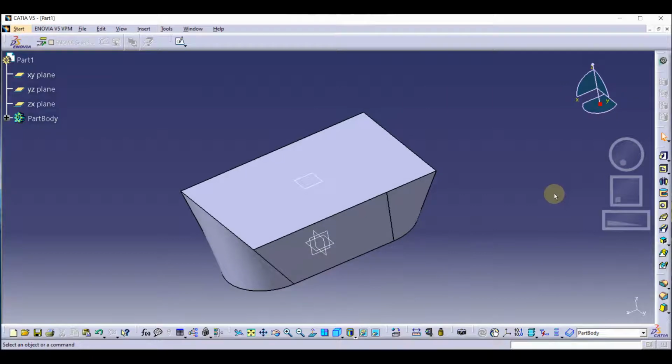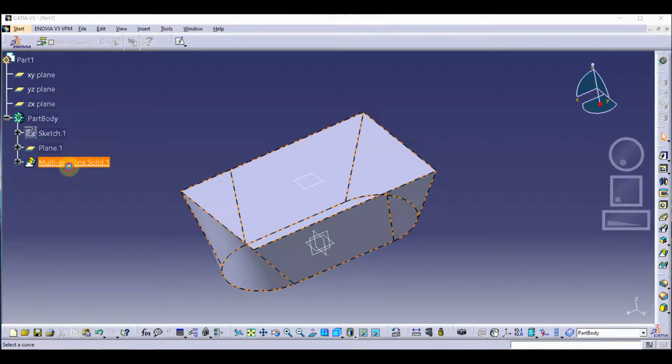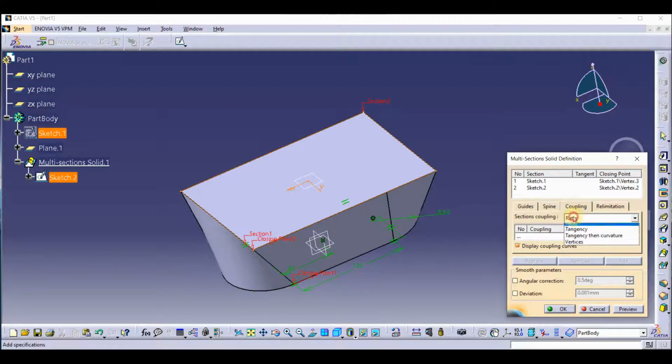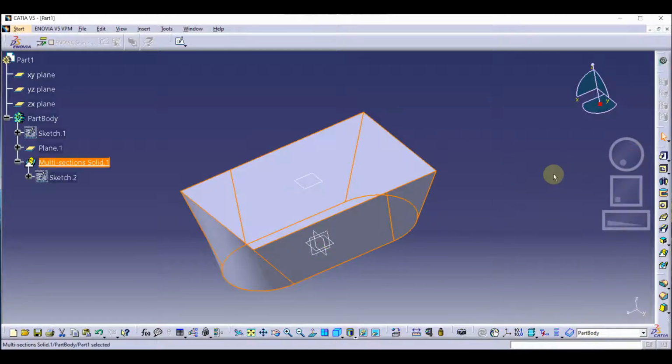Now we are going to see the other options in multi-section solid. Simply I am going to expand this design tree and edit, and as you can see the other options we already told you: tangency, curvature, and vertices. To use these, first of all we are going to undo this one.